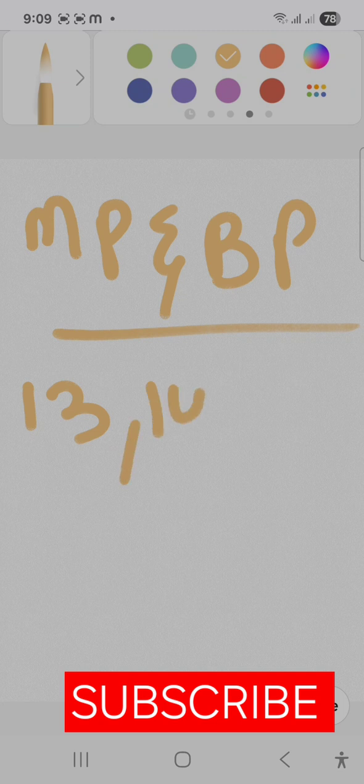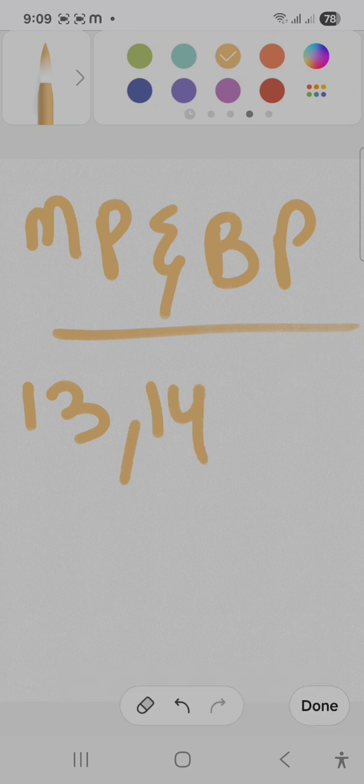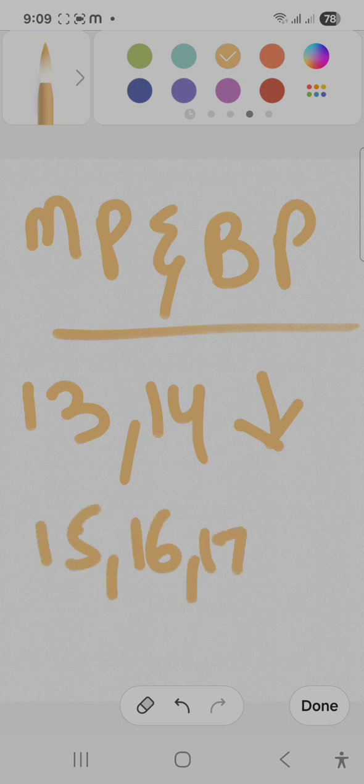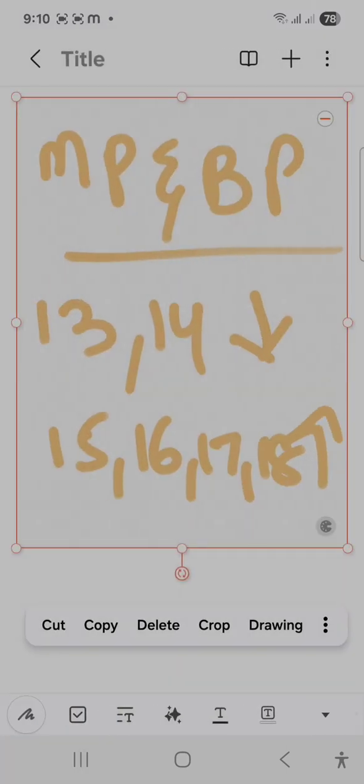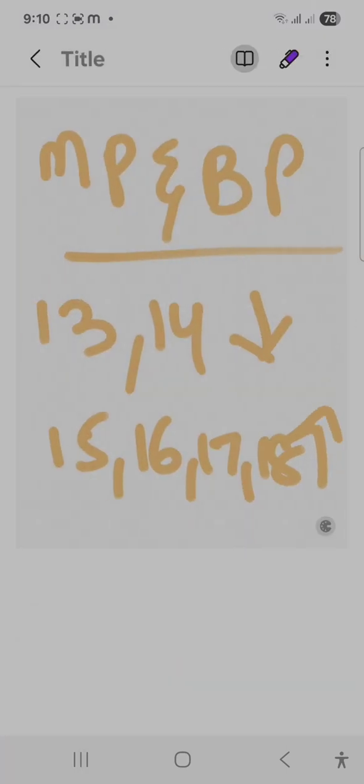for 13, 14th group decreases in a group, 15, 16, 17, 18 increases in a group. Melting point, boiling point, 13, 14 decreases, 15, 16, 17, 18 increases. Okay, here for that we can write,